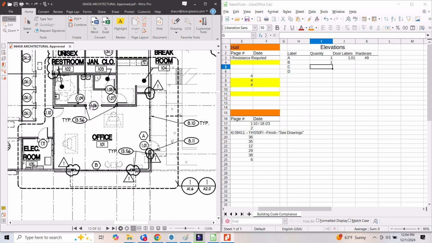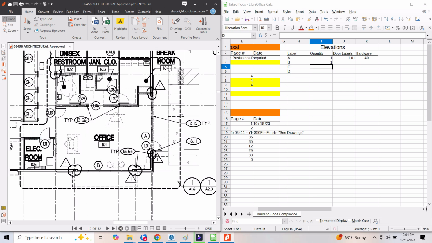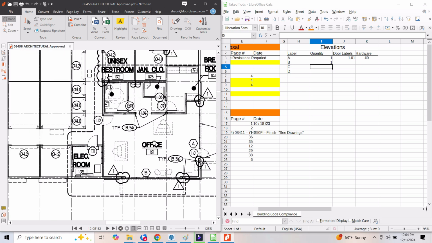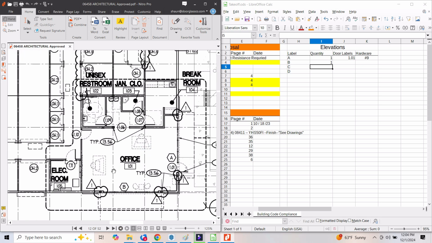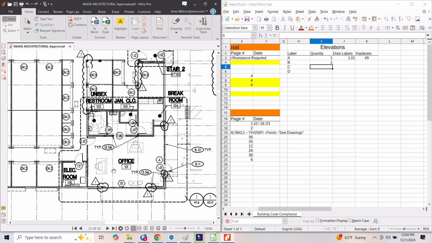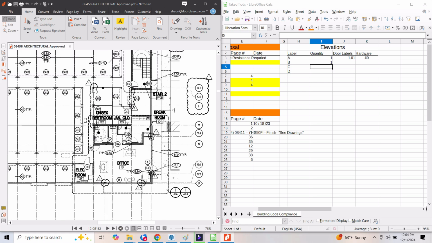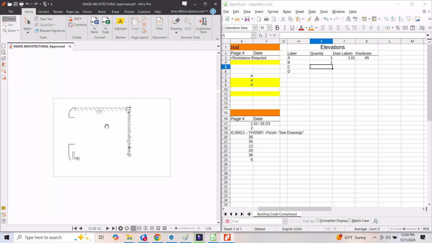Within this office, I don't see any kind of interior glazing windows or doors. There weren't additional doors on the door schedule called out as being aluminum doors, so I don't think that we have interior doors in here. And we want to find our node